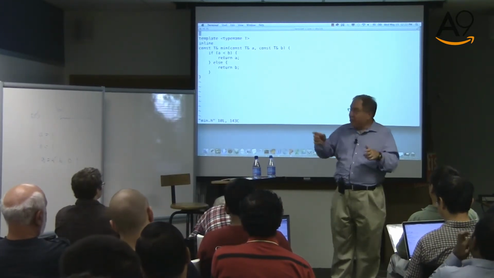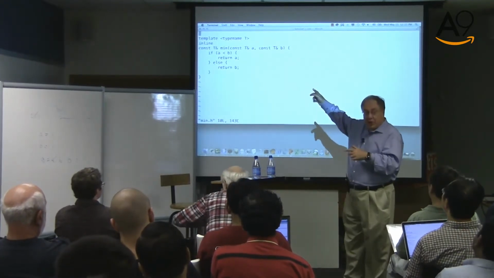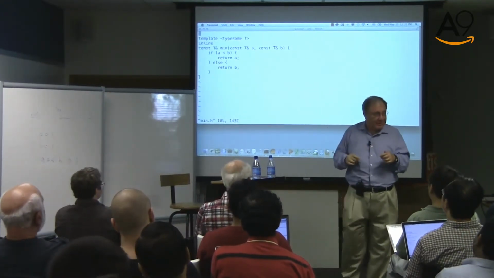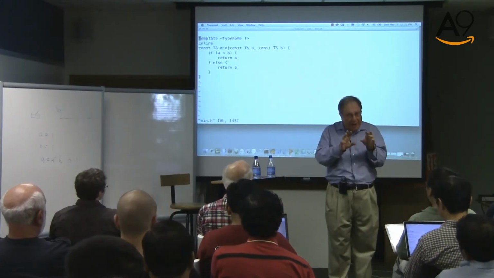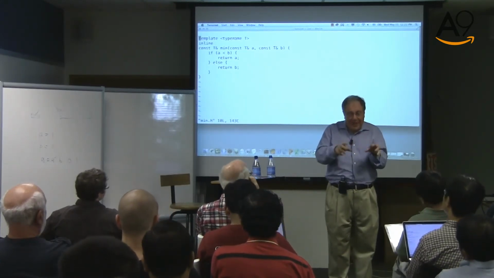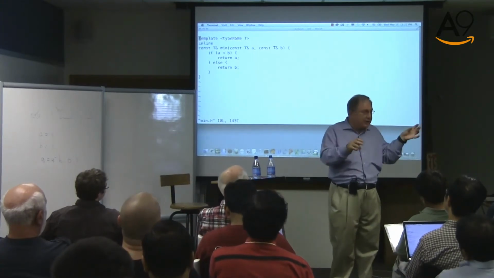And now you cannot do that, because if I give it non-constant references, the silly thing will return a constant reference, and if I attempt to mutate, it will not work. So there is a problem there, which is still not solved in the present C++. I want a function which, if they're non-constant references, will return a non-constant reference. If at least one of them is a constant reference, then it will return